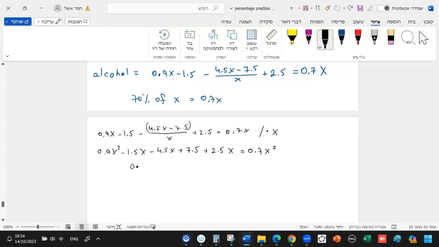We arrange it to get 0.2x squared minus 3.5x plus 7.5 equals 0. Multiplied by 10, this is 2x squared minus 35x plus 75 equals 0,